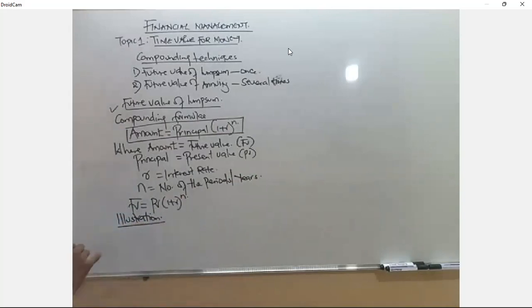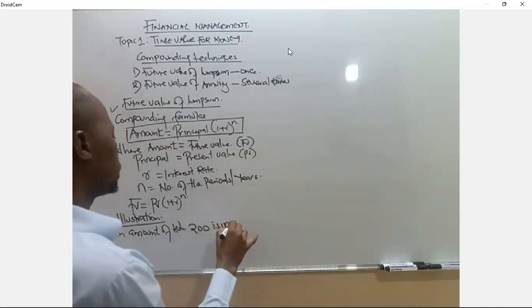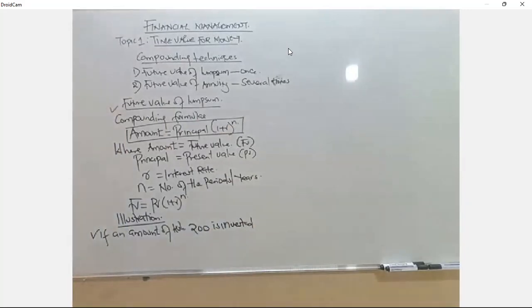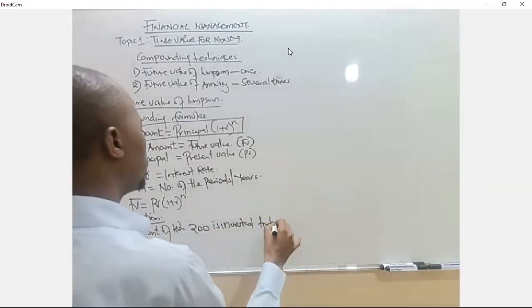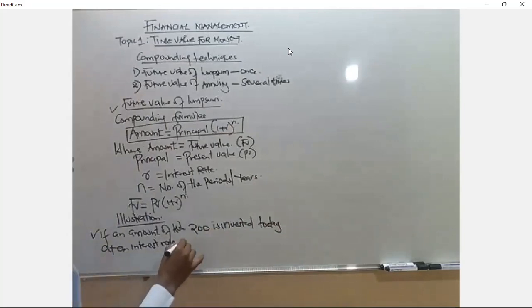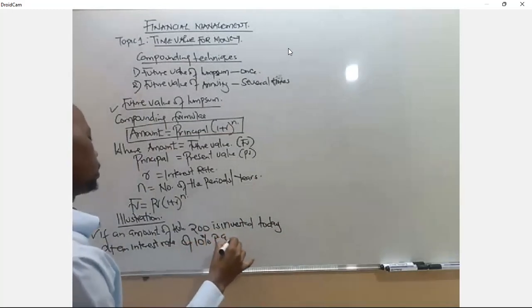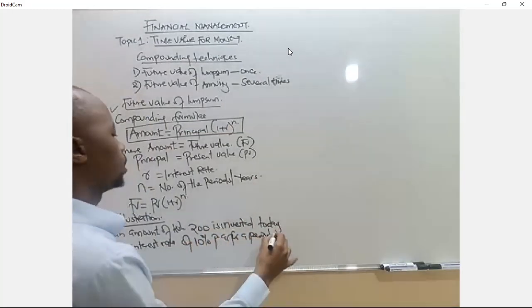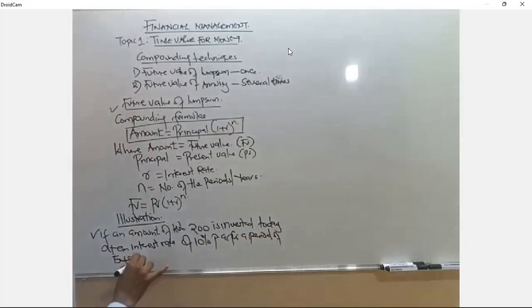And in our illustration, we can say, if an amount of Kenya shillings 200 is invested today at an interest rate of 10% per annum for a period of 5 years, its future value will be